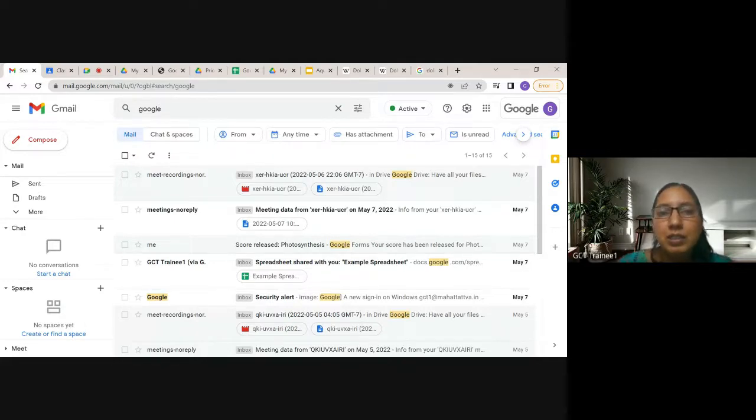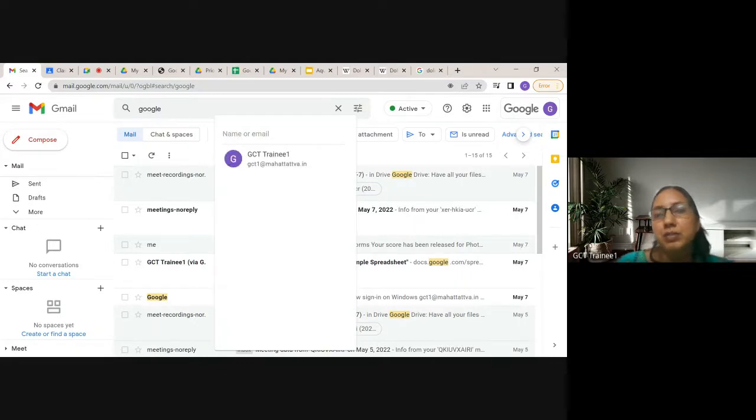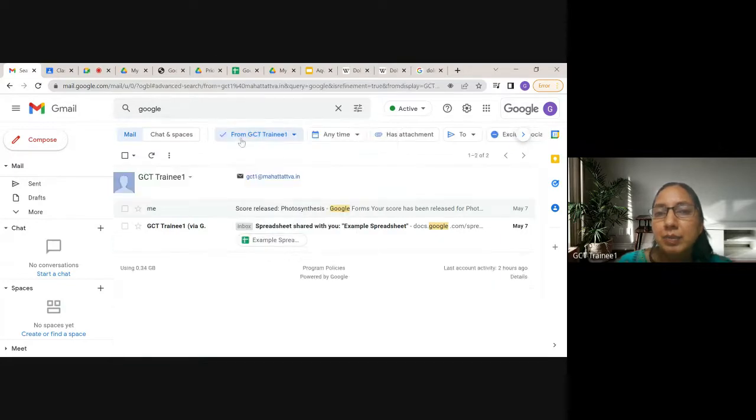Now, when you start a search, you will see under your search box, you get all these options. You get from, anytime, has attachment, to, is unread, and advanced search. Now, let's understand all these because they are very important. If you want to search for a mail which contains Google, which you think has come from a specific person, right? Then you can type the email address of that person. So if I am looking for a mail from GC to 21, I can simply click